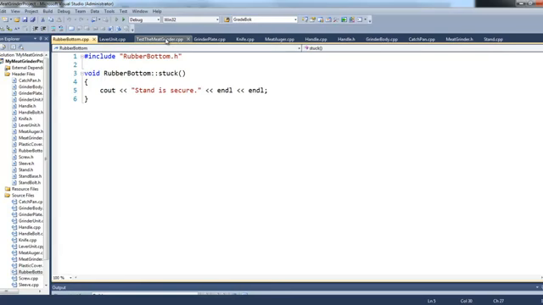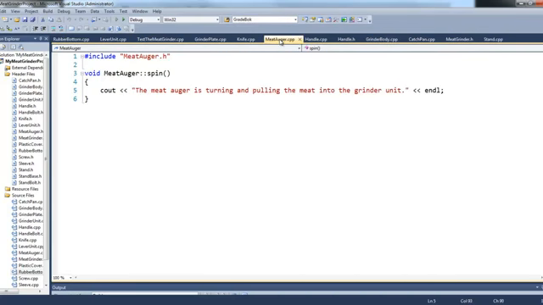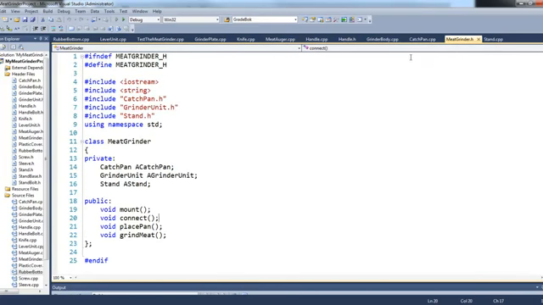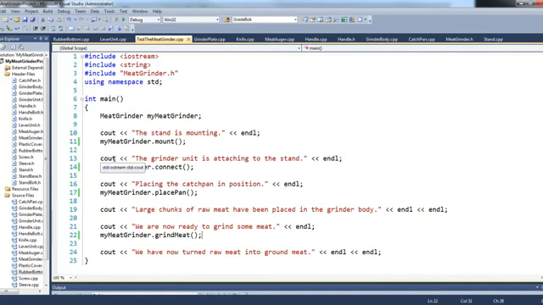Then going back to the meat grinder, the next thing that takes place is we say that the grinder unit is attaching to the stand. The first part attached the stand to the table. The second part assembles the grinder unit to the stand, and we again state what is going to take place. The grinder unit is attaching to the stand,